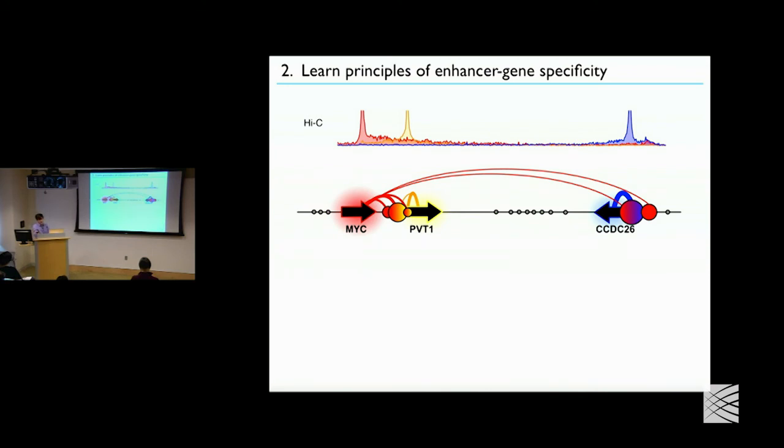So MYC is one of these unusual genes that lives in a region where both of these are actually lncRNAs. Neither of these are protein coding genes, and neither of them appear to have functions as RNAs. There might be something related to their transcription, but essentially this entire 2 megabase region of the genome is dedicated to regulating MYC. And actually there's a megabase over here that's also dedicated to regulating MYC, but just isn't active in this particular cell type. So 3 megabases of the genome is dedicated to regulating this one really important gene.